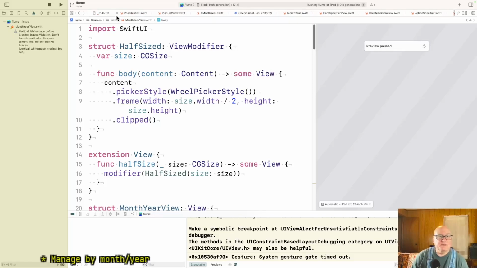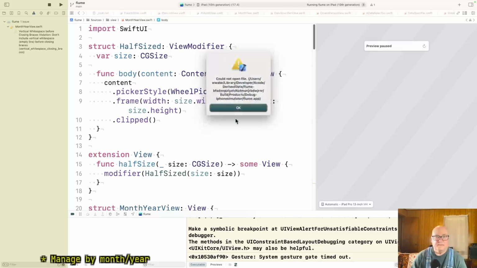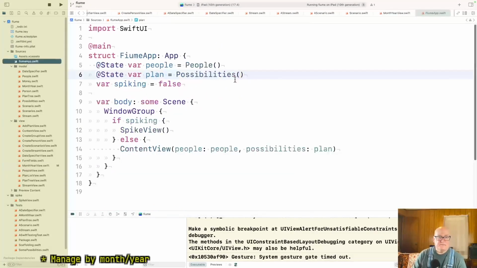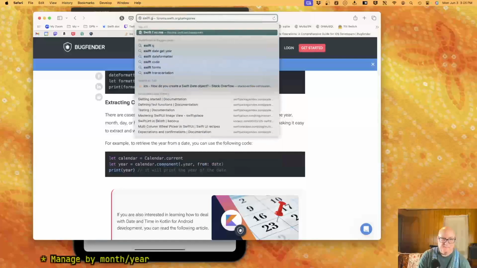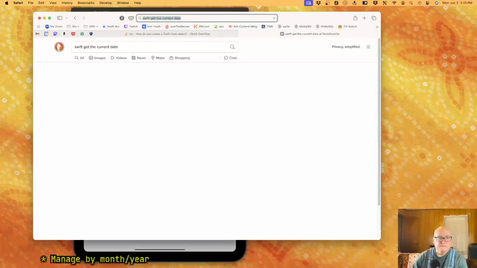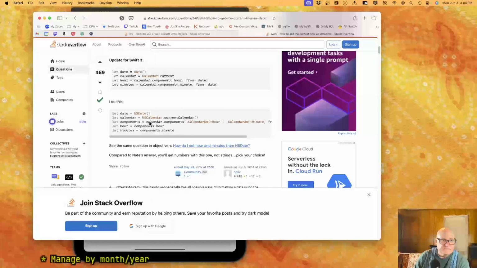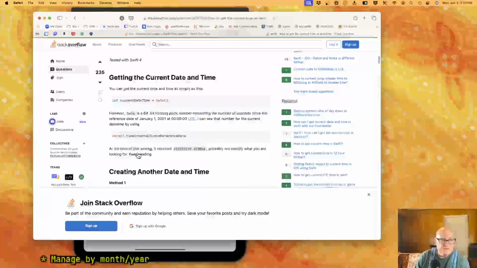So we had the app up here somewhere. Okay, this is what I want.